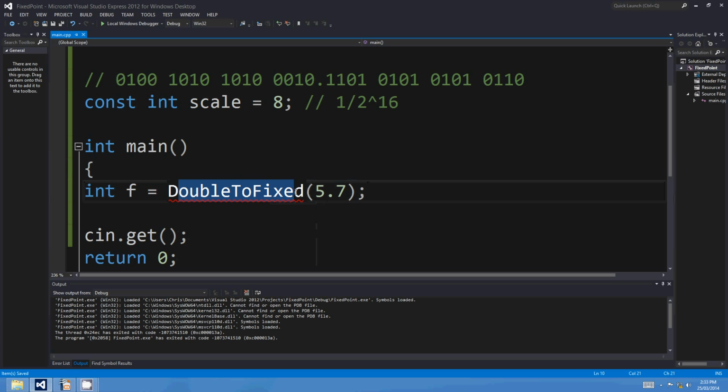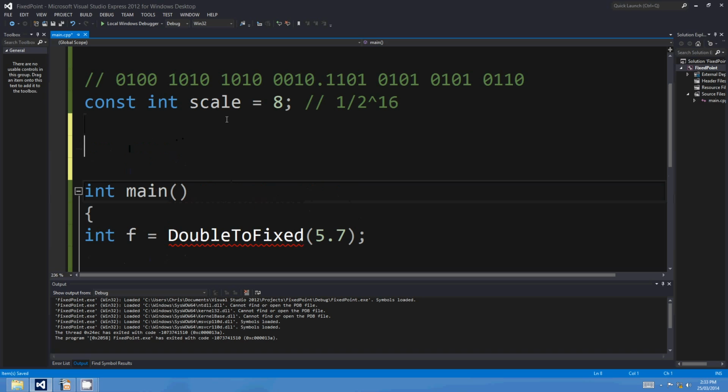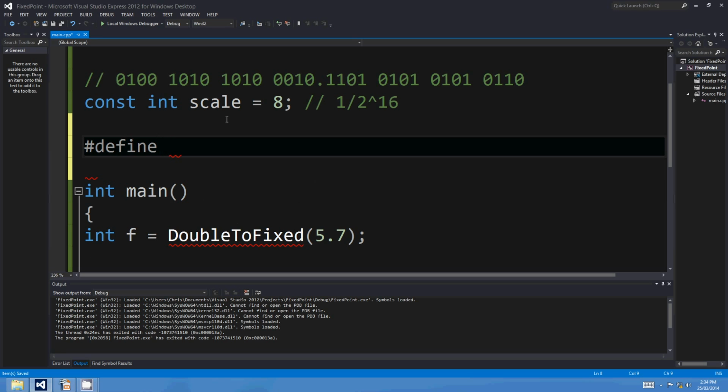Now this is largely for illustrative purposes. When you're in the middle of a fixed point arithmetic problem, you'll often not want to convert to and from doubles. You kind of convert all of your parameters from doubles at the start, and then when you're in the middle of a tight loop using fixed point arithmetic, you don't want to be doing this conversion. You'll lose all of the speed benefits that you'd otherwise gain from fixed point. But for illustration, this is very, very useful. And you'll often have to convert your variables from doubles to fixed point anyway, so it's a handy function. I'm not actually going to make a function. I'm just going to make